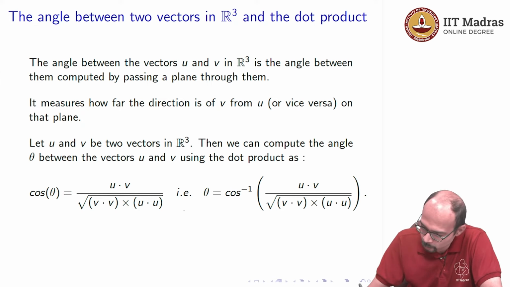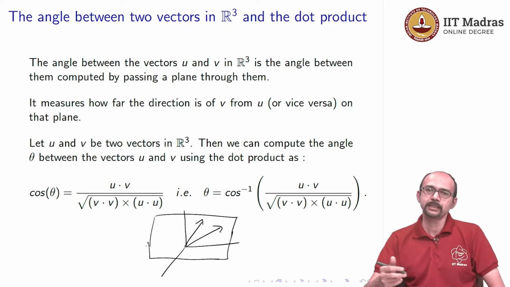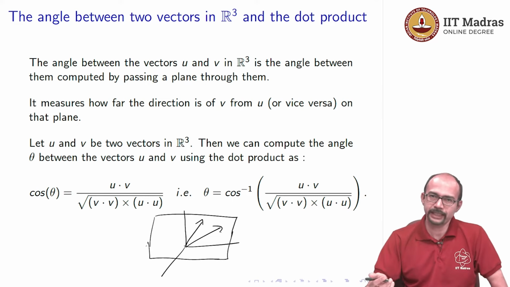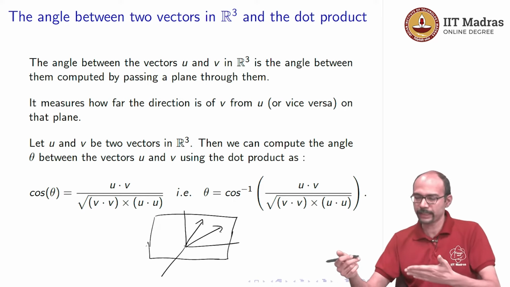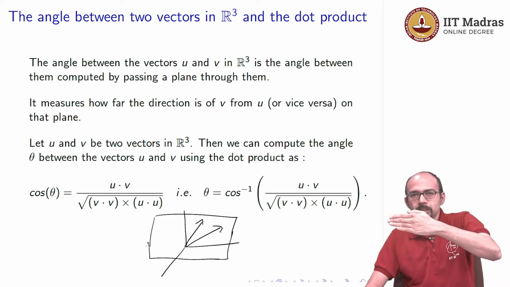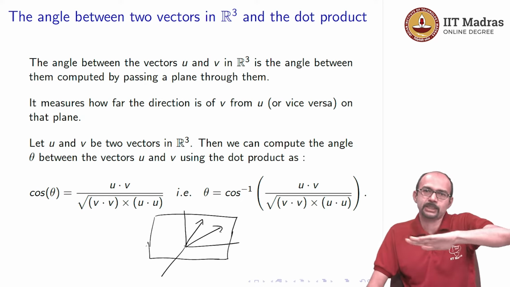If you have two vectors, you pass some plane through them, I mean there is a unique plane. So, you take this plane, and now on this plane these vectors are like two ordinary vectors in R2. So, if you want, instead of looking at this plane, you move this plane, rotate it so that it becomes like the xy plane,